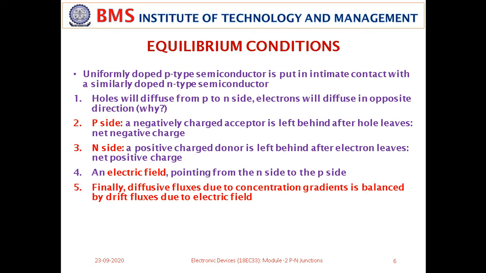Sir, holes are considered positive and the n side is negative, so they attract toward that side. I mean, the electron will be attracted towards the hole and the positive plate of the battery, and holes towards the negative plate. Exactly, exactly, because of the concentration gradient.